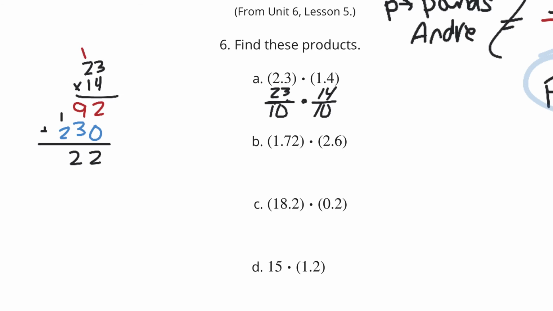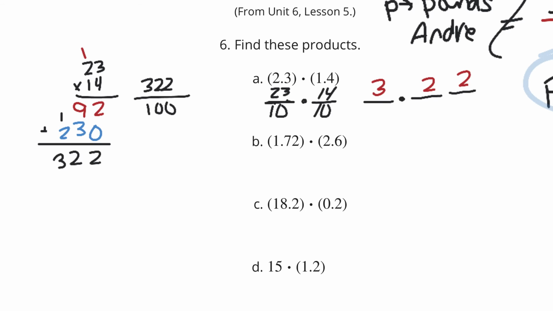2, 12, 3. We have 322. And if I take 10 times 10, I get 100. So this is 322 hundredths. And so, decimal point, tenths, hundredths, I can place my answer in here at 322